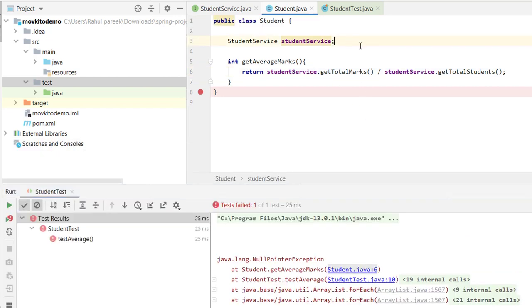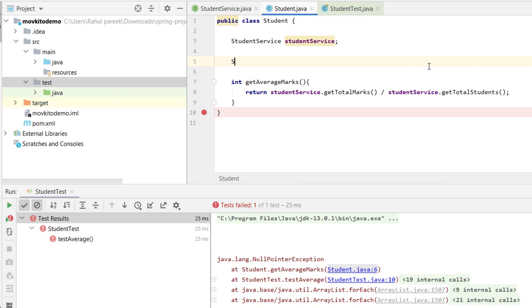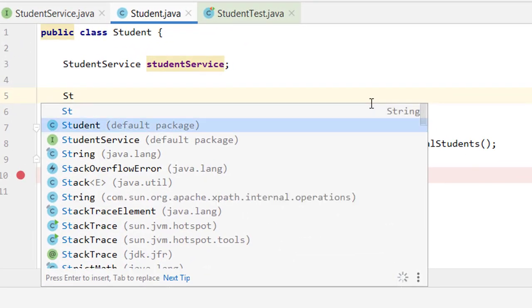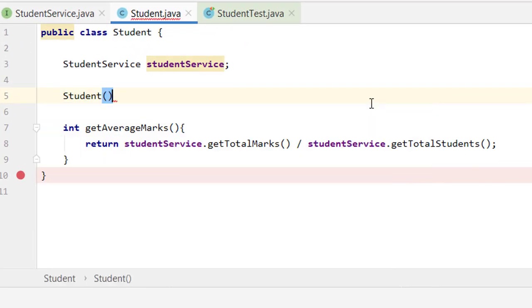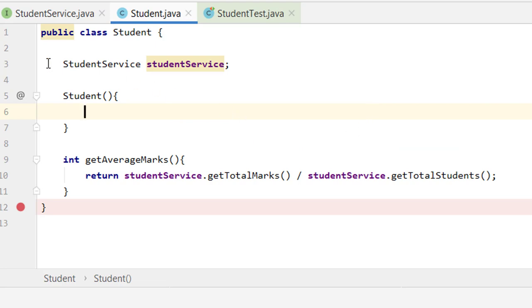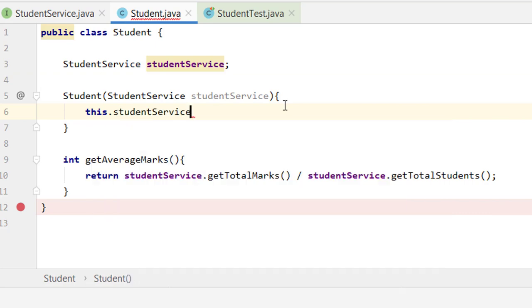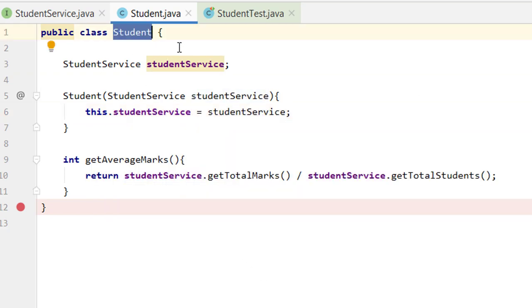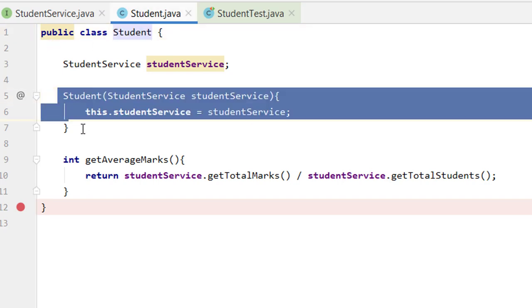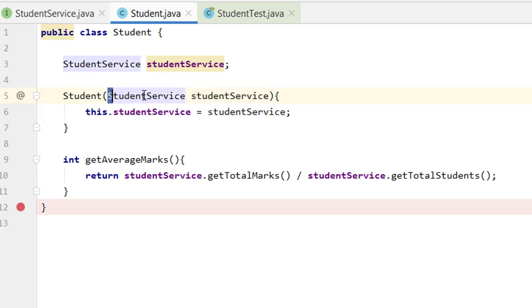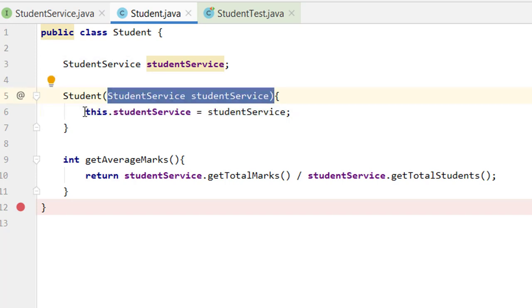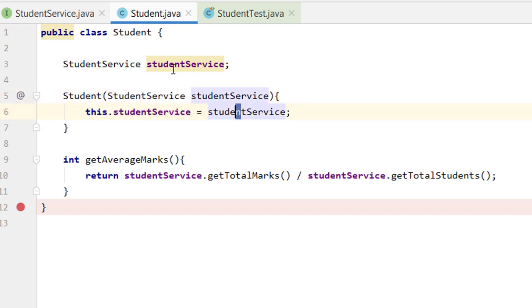So for that, let me do one more thing. Let me create a constructor of this student class, and what we will do is this dot student service equals to student service. So now whenever in any class I use this particular class to create its object, we need to assign this particular object in here also, so that we can initialize this particular object, and it will work that way.